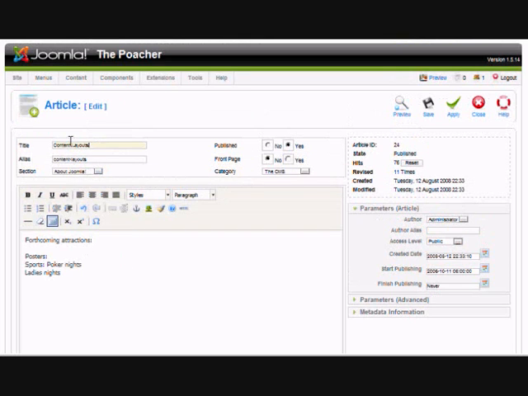So we're going to call this now forthcoming events. Again, getting rid of the alias, because we're going to let Joomla do its work there. Put the right alias in there. And we'll just click on save, and we should then be able to